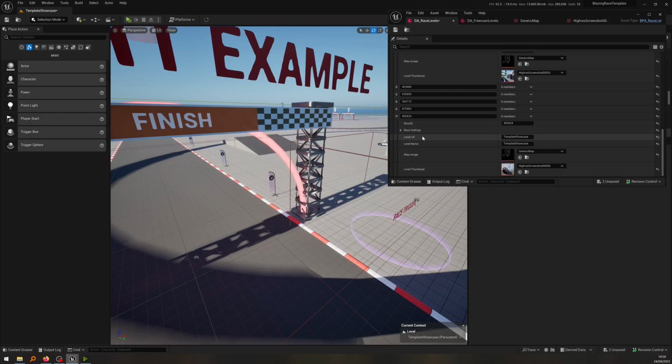Let me explain level ref. Level ref is the direct name of the level, which, for this example, is called template showcase. But this level name is just a filler name. I can name it anything I want. It doesn't have to be the same name as the level. So I can say, let's say, showcase